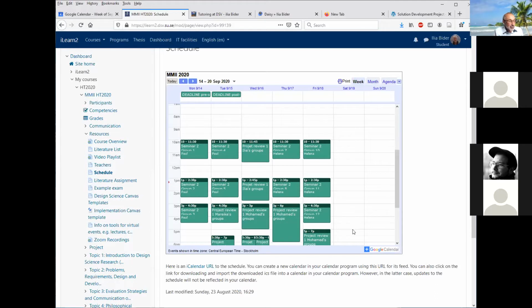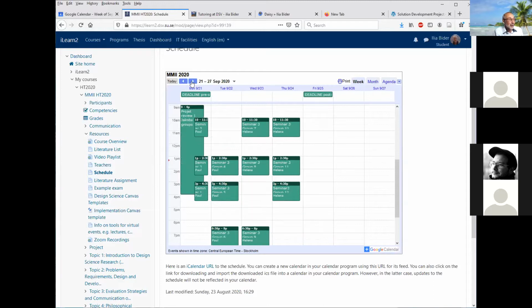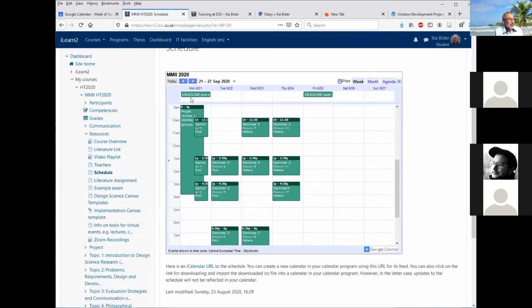And project review. Here's Marika also, and Jakob has it over here. It will be in slots as well, but it will be later. So the first review starts, dependent on the teacher, on the 15th, some on the 16th, some on the 17th, and some